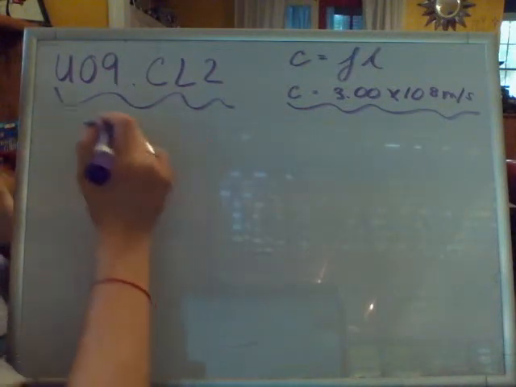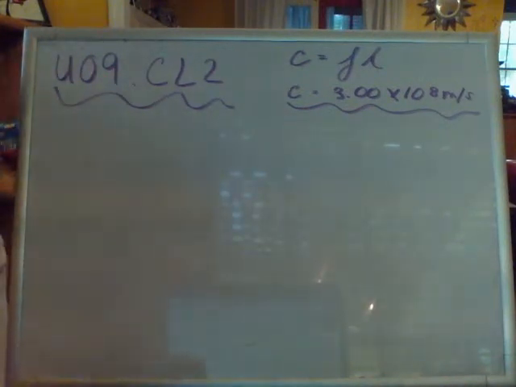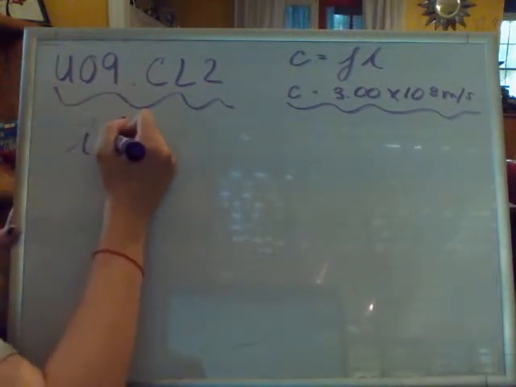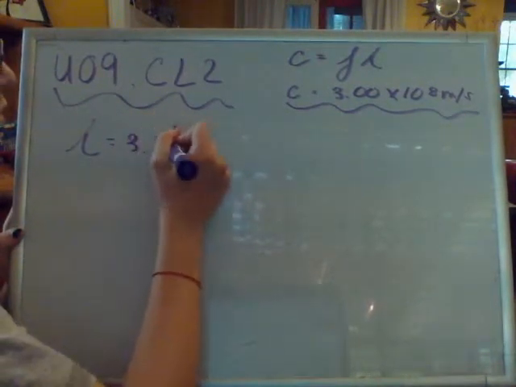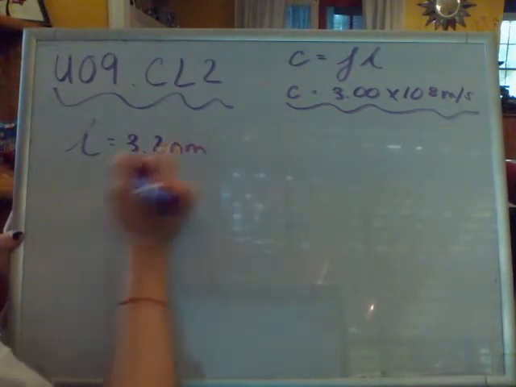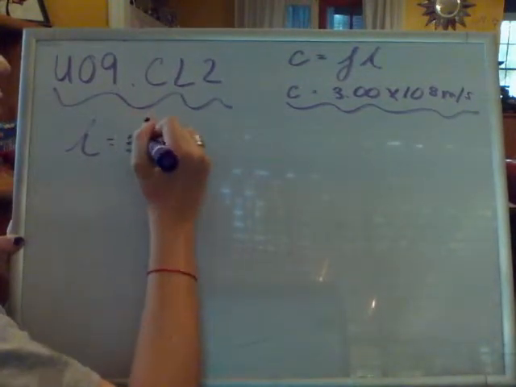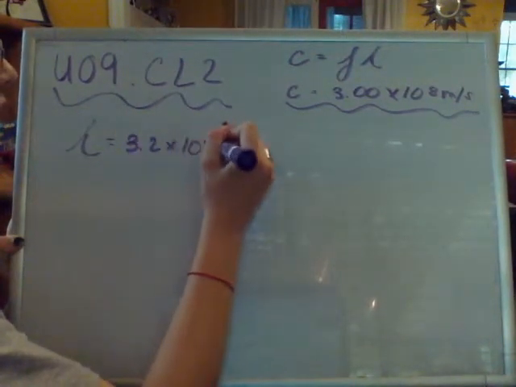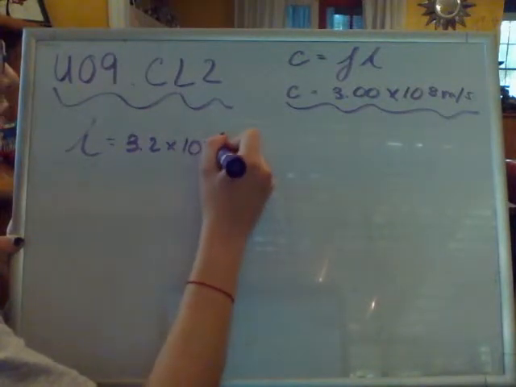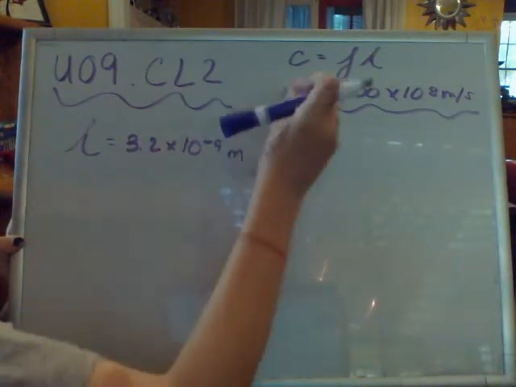So now we have two problems, and one says an X-ray's wavelength is 3.2 nanometers. Using the speed of light in a vacuum, calculate the frequency of the X-ray. So it gives us the wavelength, which is lambda, in nanometers, which is 3.2 nanometers. But we're going to change that, and it's going to be instead 3.2 times 10 to the negative 9 meters,